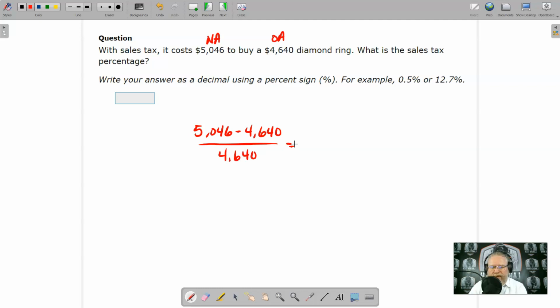The difference of 5,046 and 4,640, make sure, yep, okay. Always make sure you're typing in the correct numbers into your calculator. 406 over 4,640. So let's divide the 406, the difference that we had for our numerator, by the original amount, 4,640. So 406 divided by 4,640 is going to give us a result of